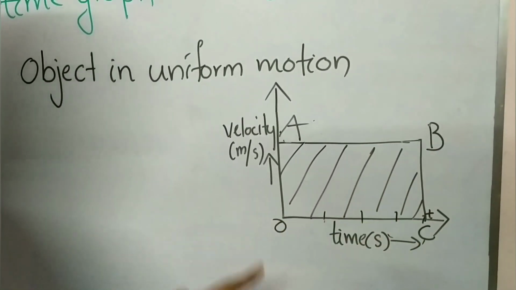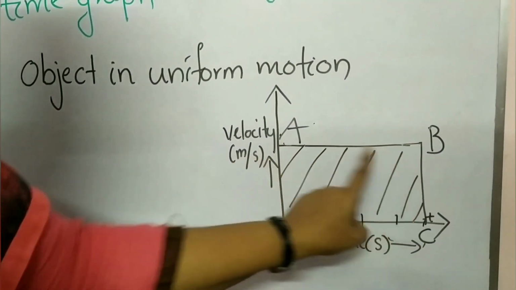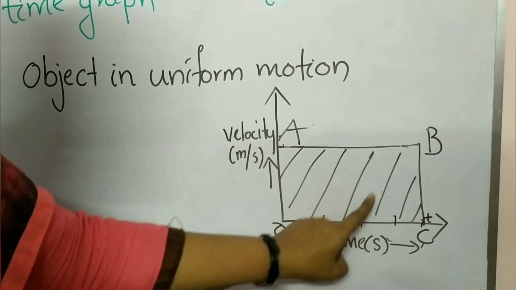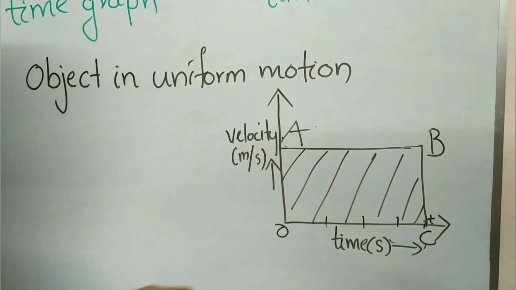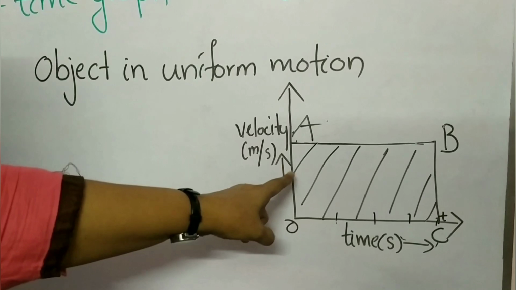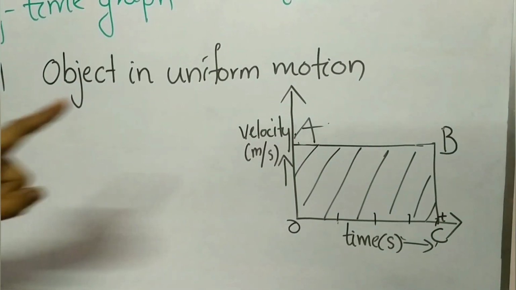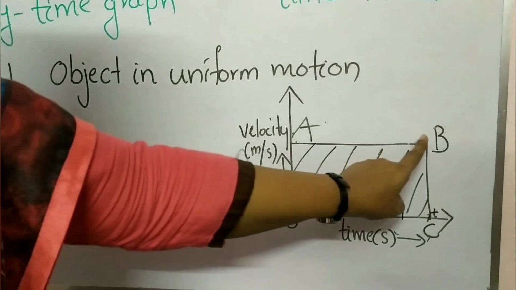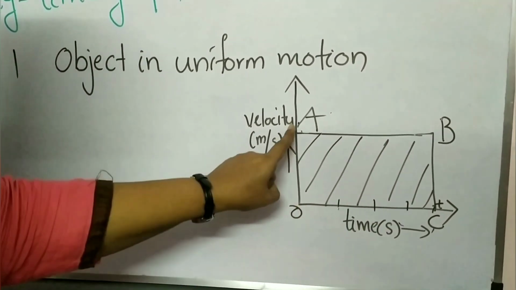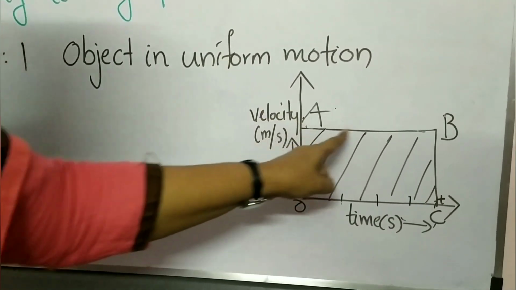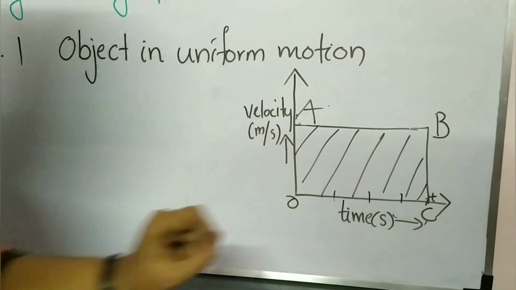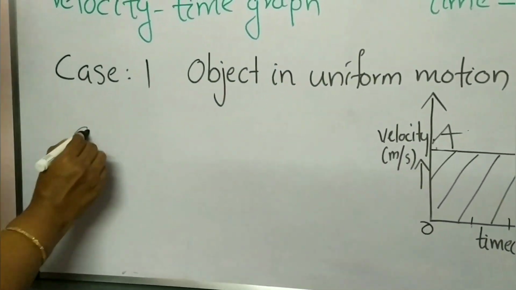This we can say is the area under the velocity time graph, or this portion enclosed by the graph and the time axis. So if you are finding the area of this rectangle, that means the area of this shaded portion, you have to find that. That is the area of